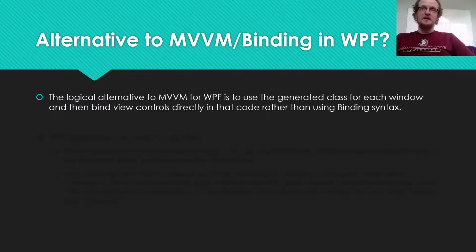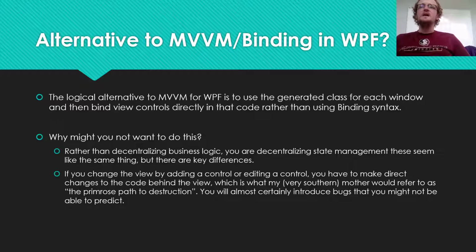in the code behind by referring to the name of the control. And there are tons of reasons why you might not want to do that, and most of them are philosophical, many of them are borderline religious, but at the end of the day, what you are doing if you take that approach is you are decentralizing state management, which means that if I have a text box that's going to be updated by a button click, instead of binding to a property that is modified by the button click handler,